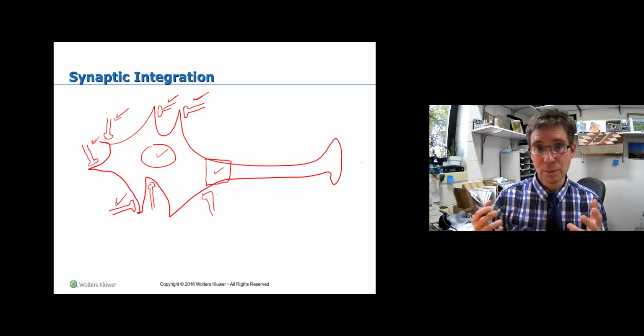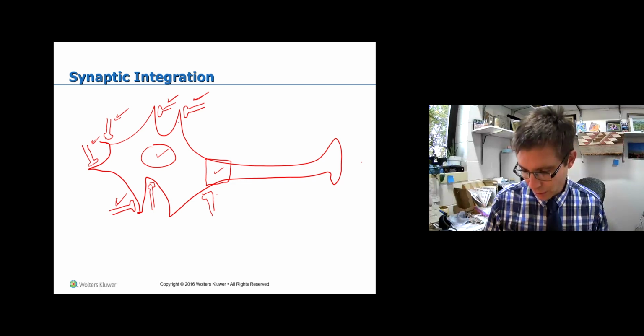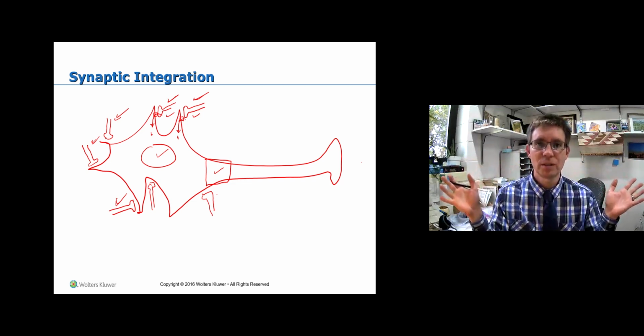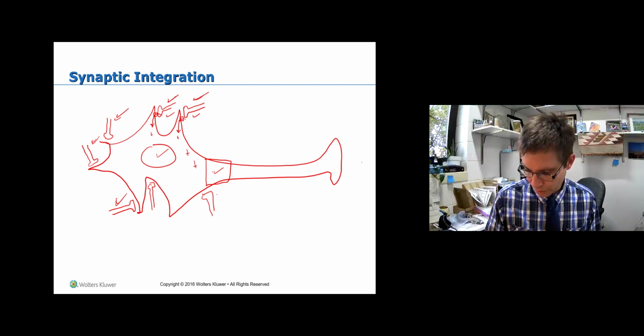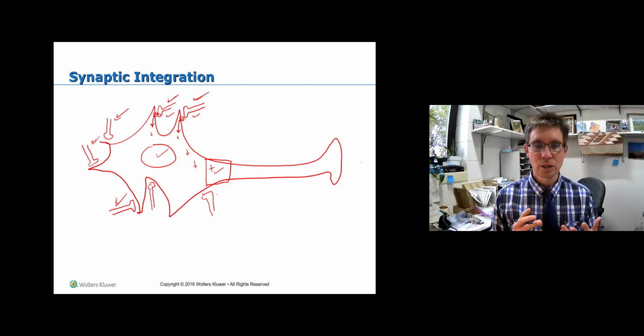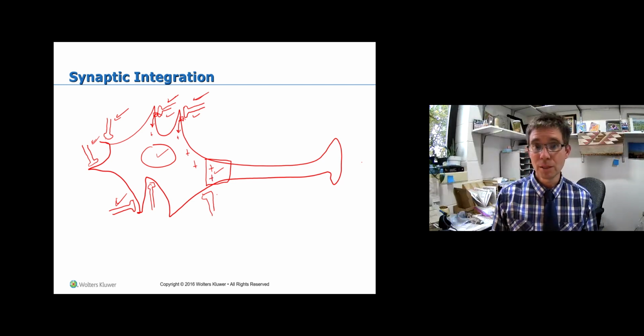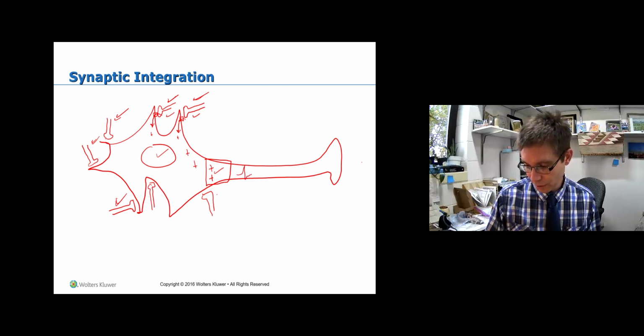So let's look at some examples of how this could work. Let's say that these two neurons here fire, and they cause the opening of cation channels in the postsynaptic membrane. Then we'd have positive ions flowing into the cell that could depolarize it. These positive ions will come into the cell and diffuse throughout the cell, and they may even diffuse all the way down into the axon hillock. And so these sodium ions may diffuse down, and they may depolarize the axon hillock, maybe to threshold. If they do, then we'll get an action potential in the axon that will propagate down